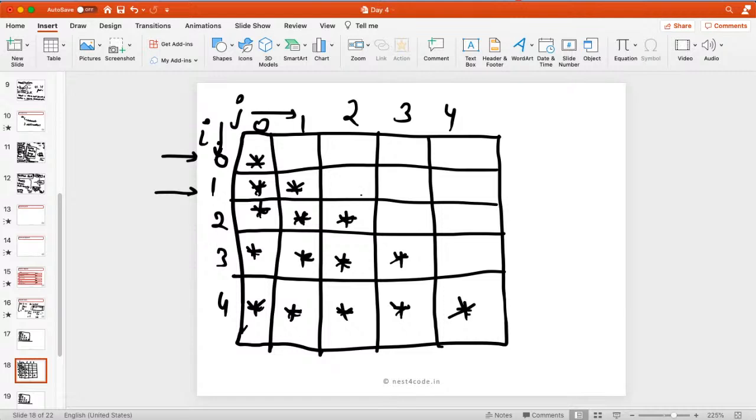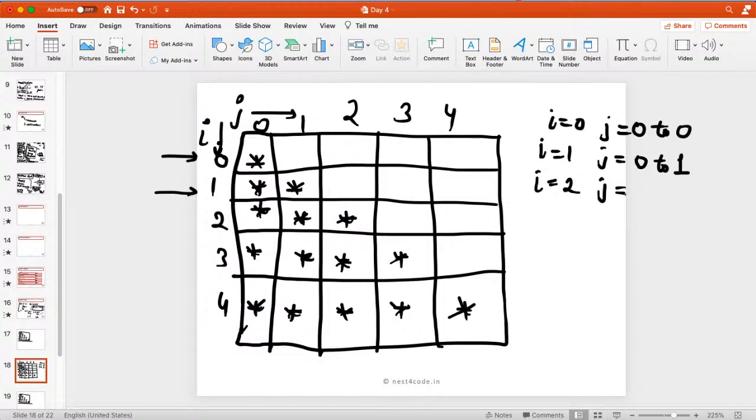Okay, so let's see. j will be the nested loop and i will be the outer loop. So for i equal to 0, j will go from which range to which range, guys? 0 to 0, right? For i equal to 1, j will go from 0 to 1, right? For i equal to 2, you guys tell me, j will go from where to where? 0 to